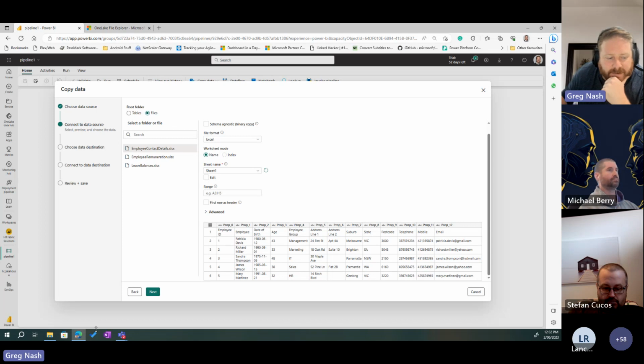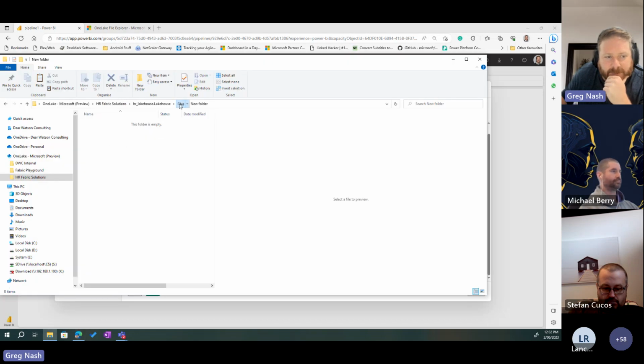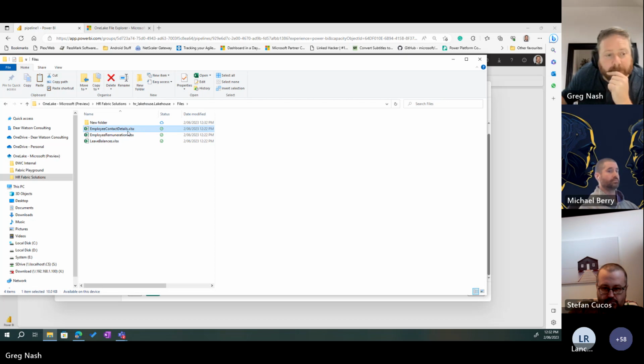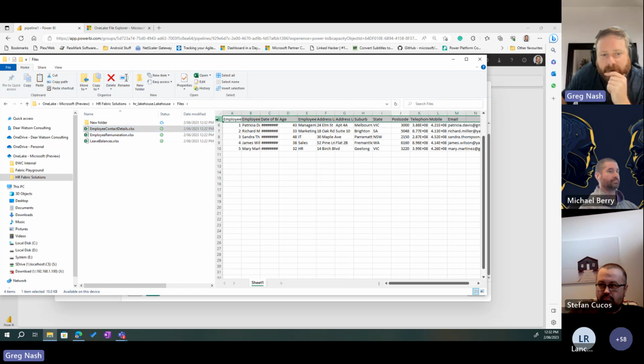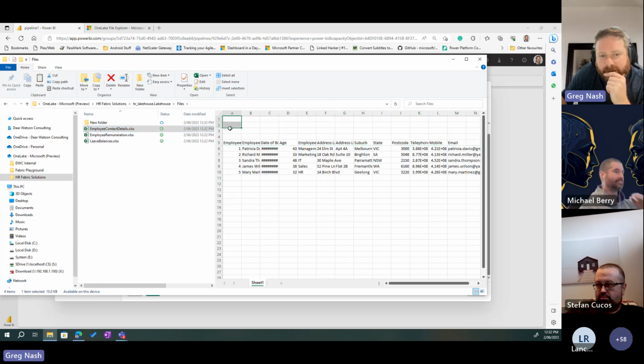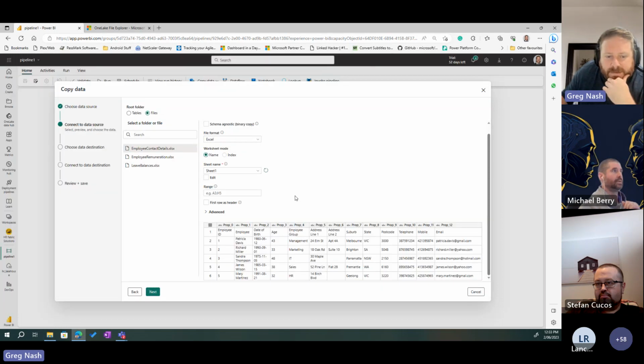This is interesting because one thing I did on purpose inside my files was I made it so the file needs a little bit of transformation. The header is actually on row 5. I left the first 4 blank, and I did that intentionally because this comes out with a header here with the first row if you ran this as a report, and you have to remove the top 4 rows first. So